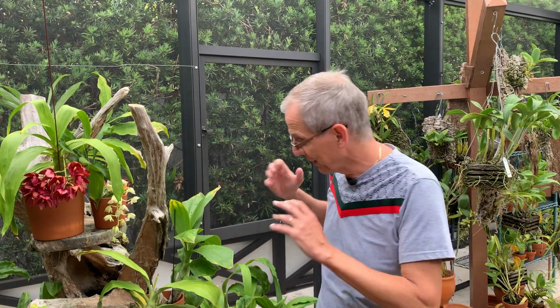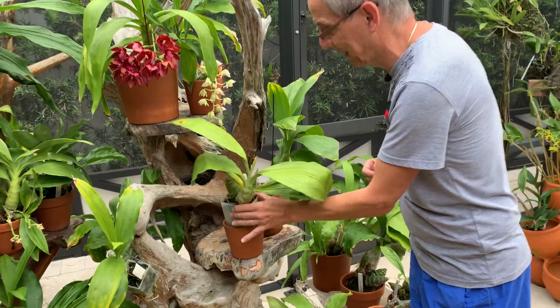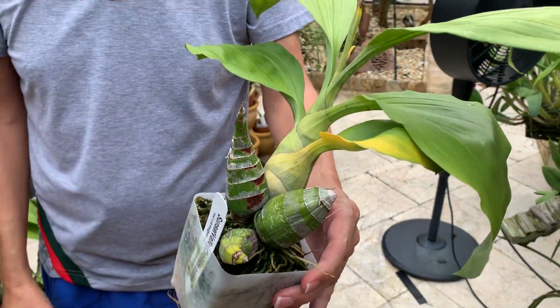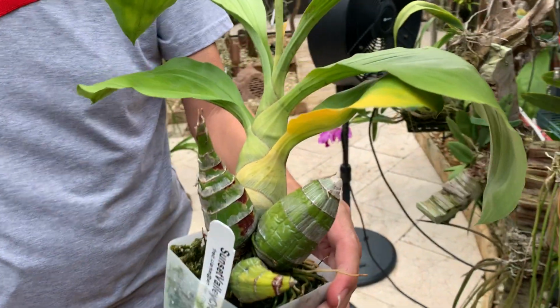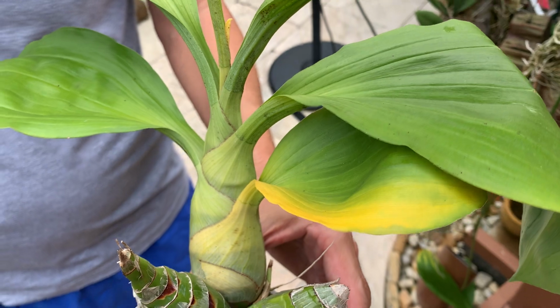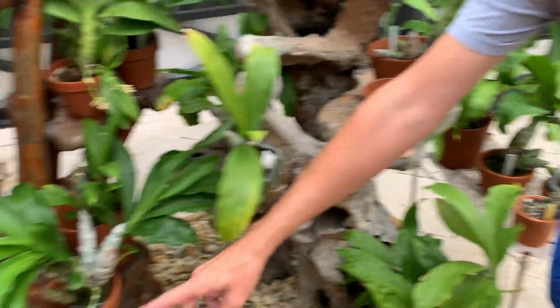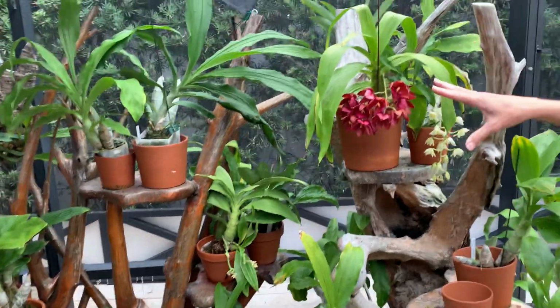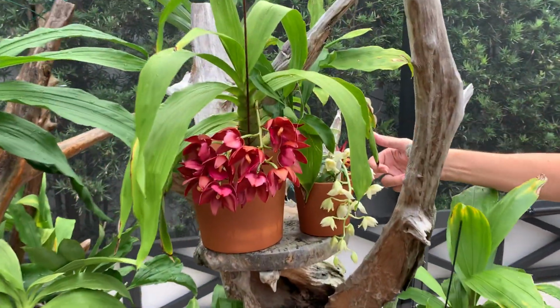So this is when the catasetums start getting the hint that dormancy is coming, and so they start yellowing. There's still plenty of spikes at this time, so if you look around here, there's plenty of catasetums that are about to bloom. There are some in bloom here, Cycnodes, Wine Delight,